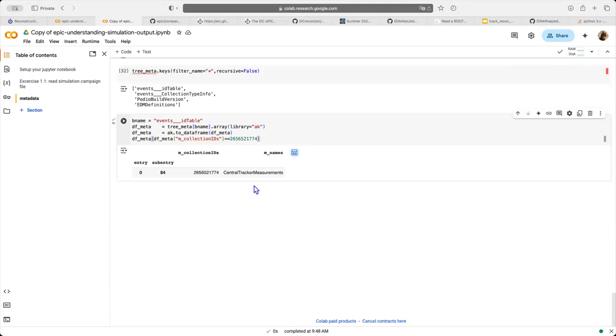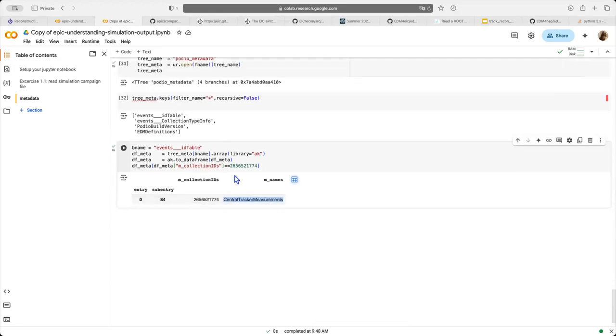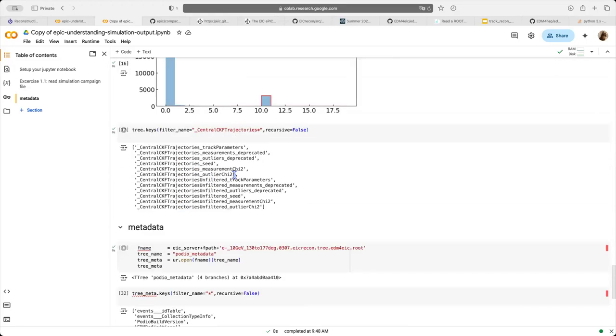And that points you back to this central tracker measurement collection, which makes a lot of sense because we know central tracker measurement is exactly the input to the CKF tracking algorithm. Okay, and then what's next would be